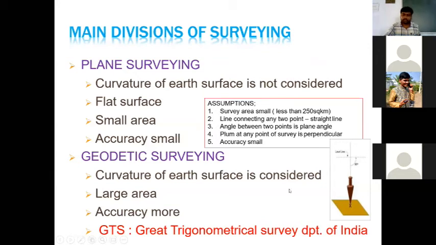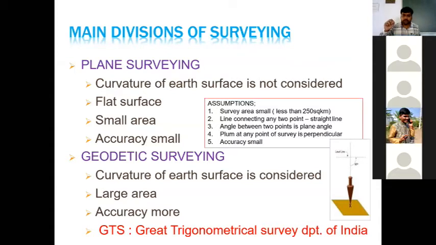So do all of you know about the plumb? Plumb bob, have you heard of the plumb bob? I'm asking you something. No, sir. No? Okay. Give me a minute. I will get the plumb bob here so that you will have a clear image.